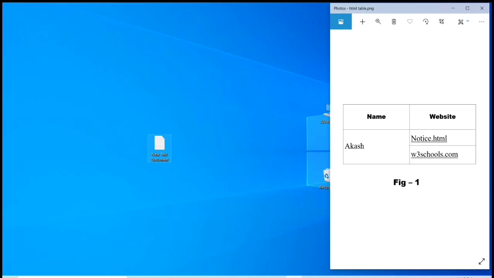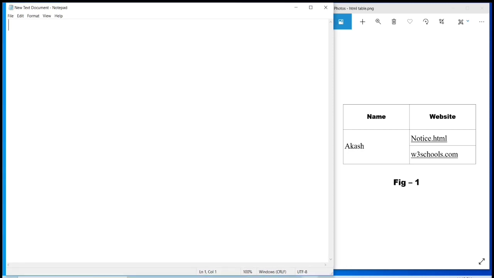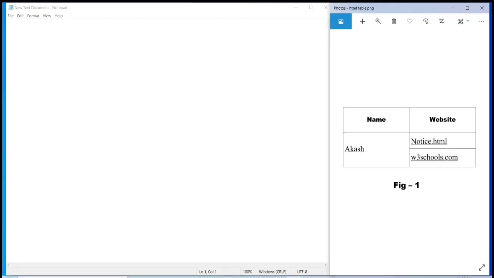I am taking a new text document, and then we have to open this file. See, our notepad is opened, and now we have to write our HTML code, right? So let's start. First of all, you have to write html, then body.